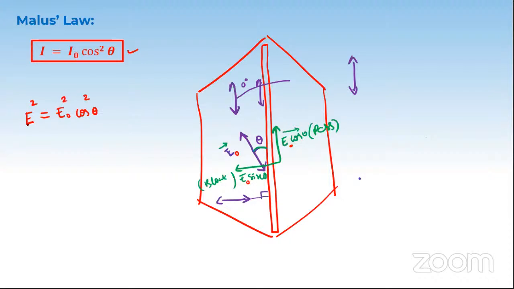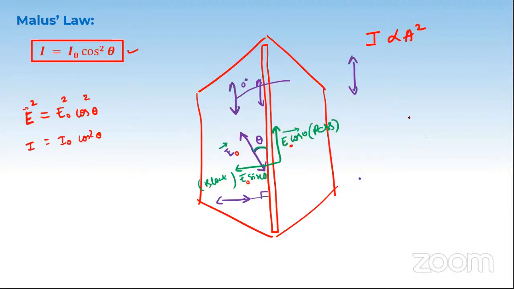When I square this, you know from the initial class that intensity is proportional to amplitude squared. So what is E square? E square is the amplitude of the electric field squared. Its intensity, E square, becomes I, and E naught square becomes I naught, and cos square theta remains as it is. Don't worry, there is no derivation for your board exam, and no derivation for JEE also. I'm just telling you how the formula came.